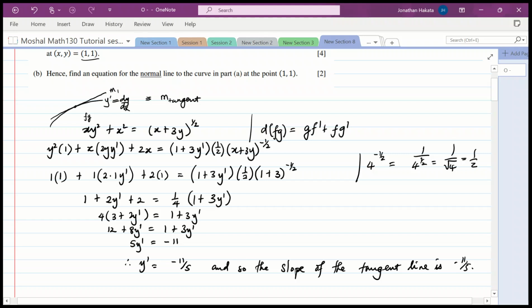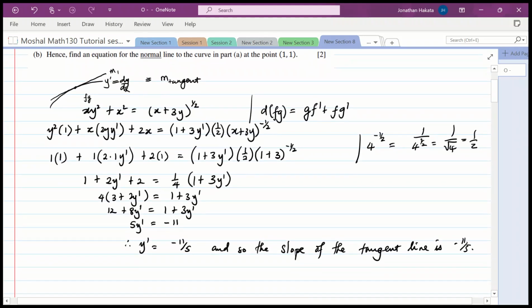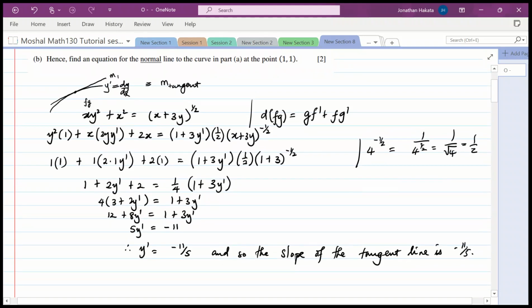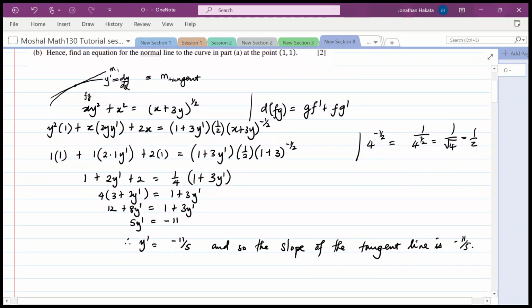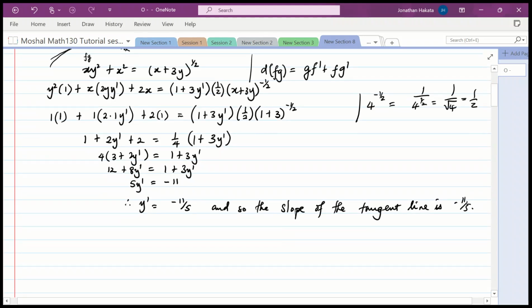Now coming to question B, hence find an equation of the normal line to the curve in part A at the point 1, 1. So we know that the tangent line has a gradient m1, and the gradient of the normal line is, let's say, m2. We know that m1 times m2, the answer should be negative 1. Okay, so we know m1. So therefore, this then implies that